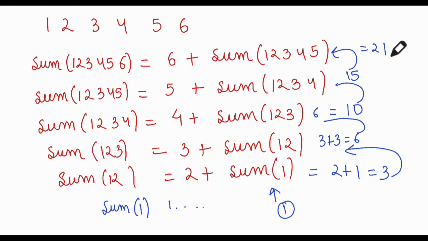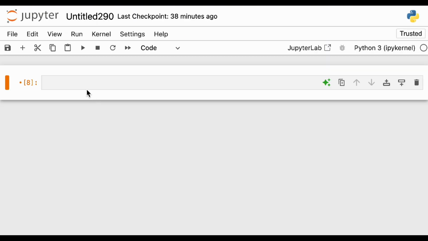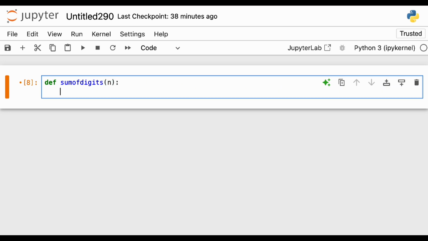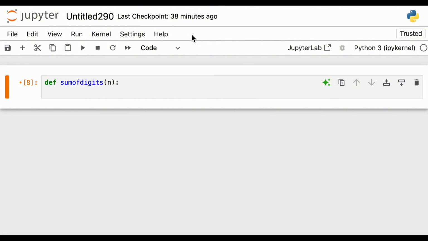Now let us go towards the code and try to understand it. So in the code, let's define the function def sum_of_digits, and we are taking a number n. What is our base case? Our base case is that whenever the number is 0, we will return 0, because the sum of any digit is 0 itself.